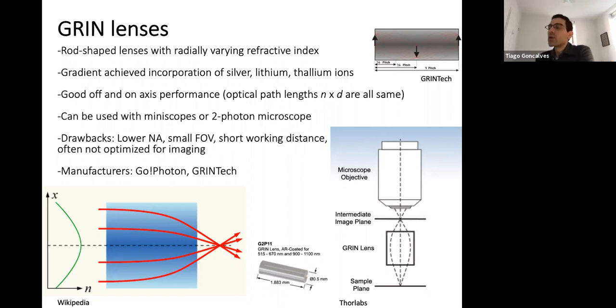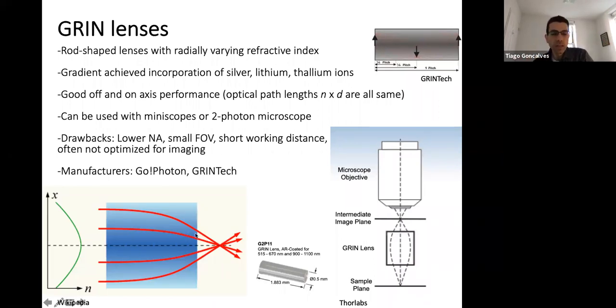So GRIN lenses, what they are basically is lenses. They're light guides or lenses. They're rod-shaped lenses with a radially varying refractive index. So what they do is that they have their refractive index, whereas a regular lens,